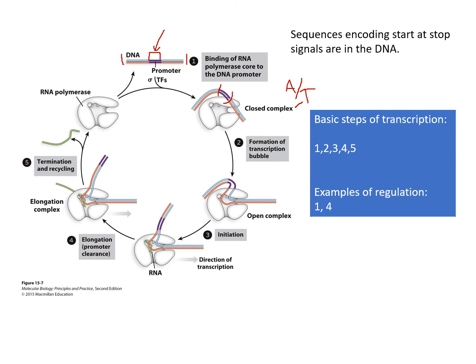And then the template strand can get dragged into the catalytic region of the polymerase. So now you've gone from a closed complex to an open complex, and then initiation happens, which is the first actual copying of an RNA off the template. And after the first few nucleotides are added, then